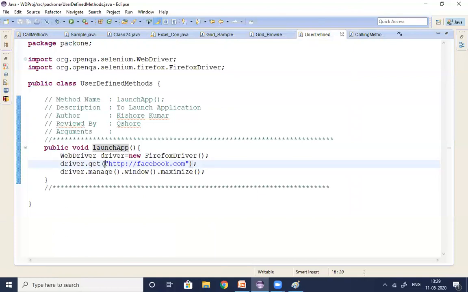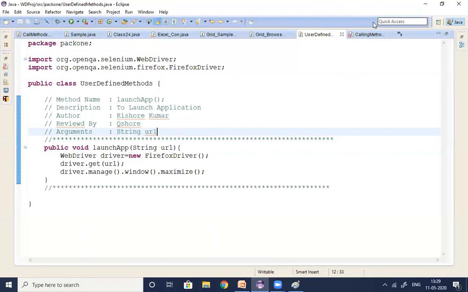That is the reason we are not supposed to hard code the URL directly inside the method. This URL, we pass as an argument. This concept we already discussed in the methods with arguments session. If you want, just refer to that session, guys. You can understand how to pass the arguments. So what is the argument we need to give here? URL. What is URL? It's a string argument. So I'm giving it as a string. Understood, everyone? String URL. That URL I'm mentioning here. So the argument I mentioned is String URL.